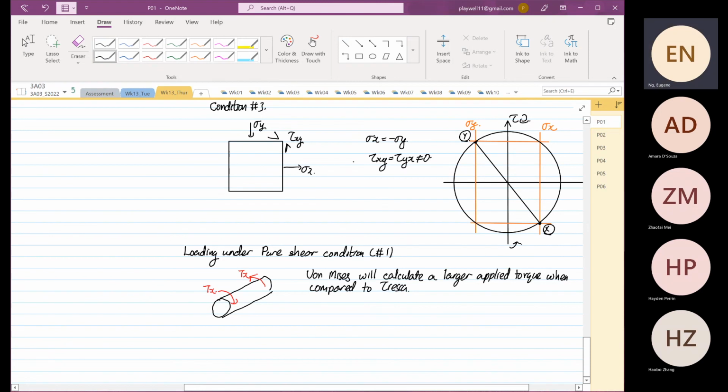So if you use the von Mises criterion to calculate the torque required to prevent failure,